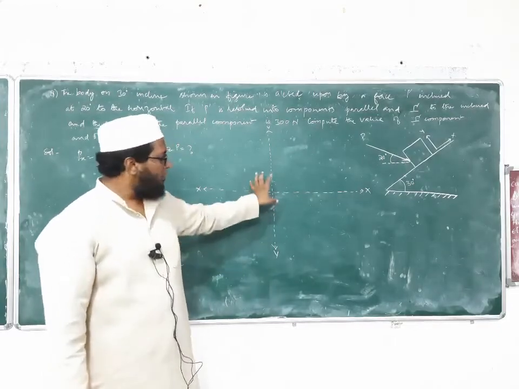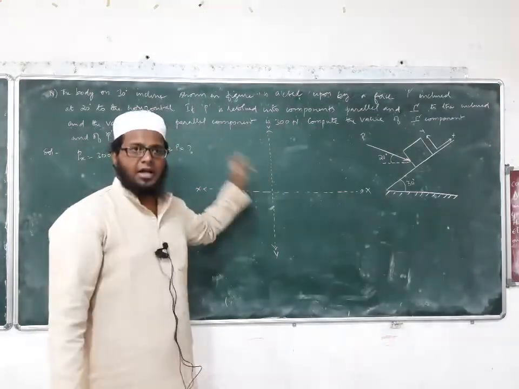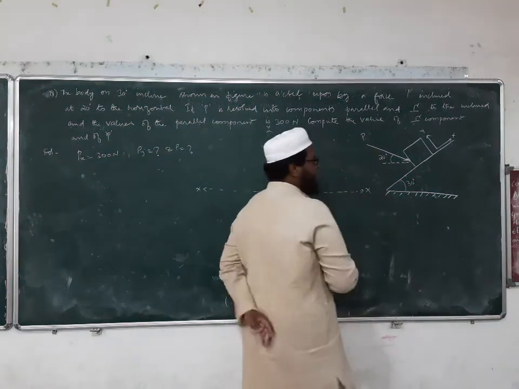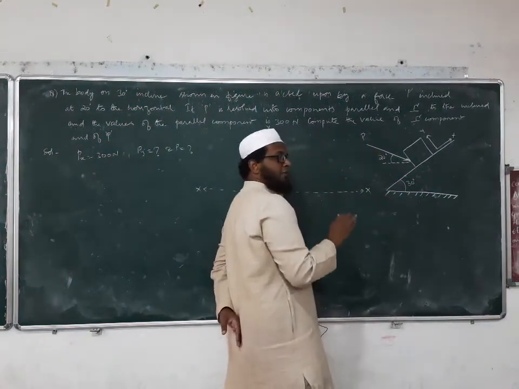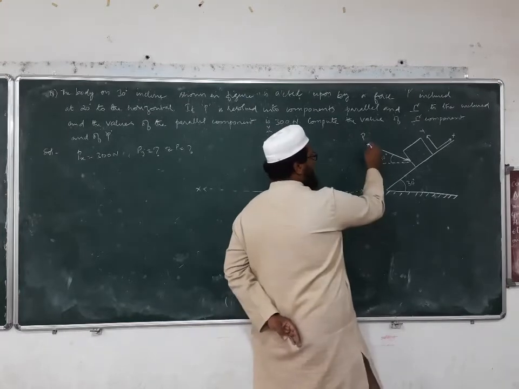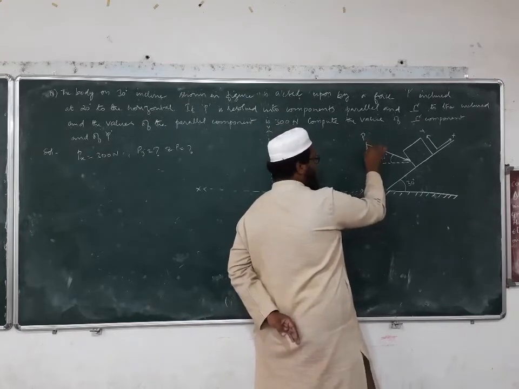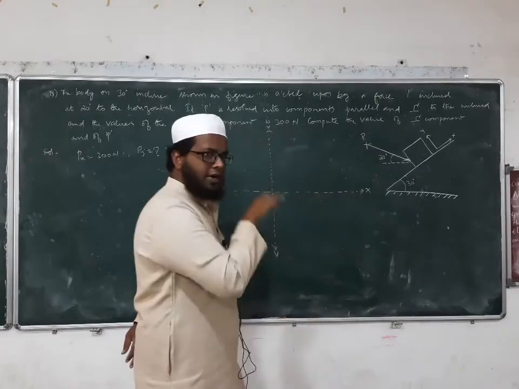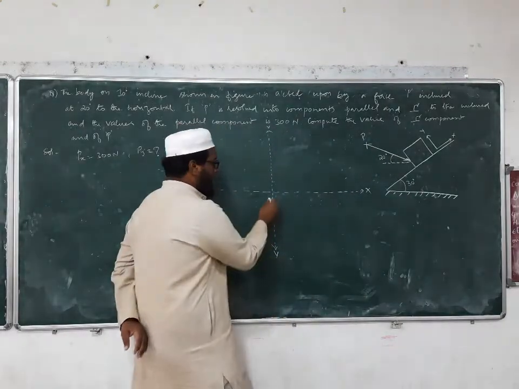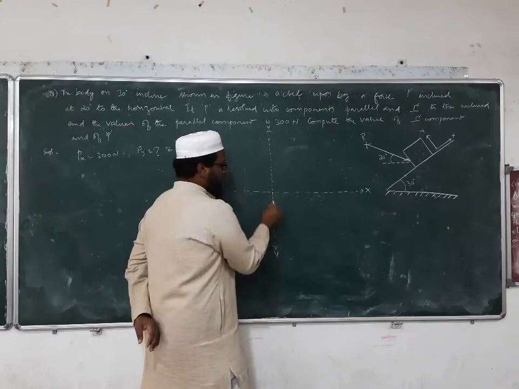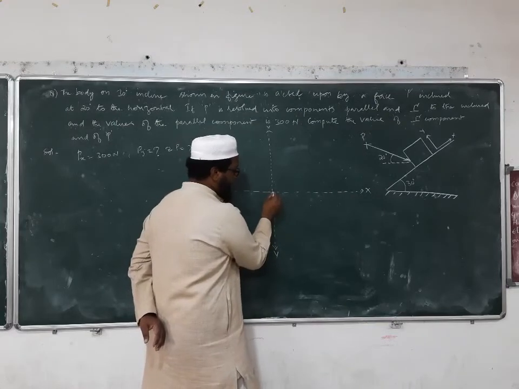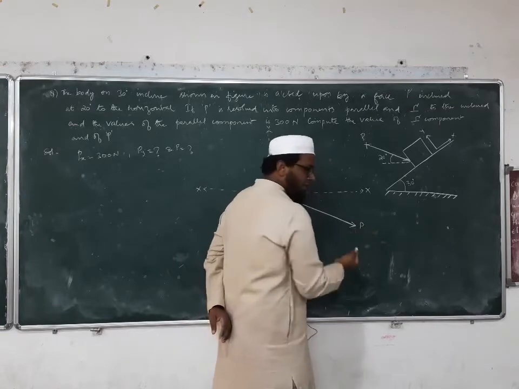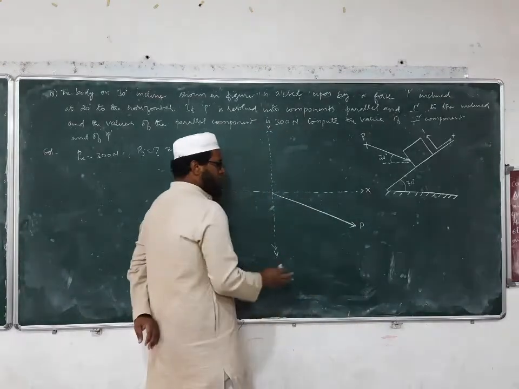Okay. Now, since our force is inclined, before rotating my xy axis, I will draw the force first. So in which quadrant is my force acting? To understand that, we have to draw the perpendicular line of our x and y axis like this. So now see here, it is acting in the fourth quadrant according to this axis. Now what is the angle? 20 degrees. So this is the force P. We don't know the value of P.